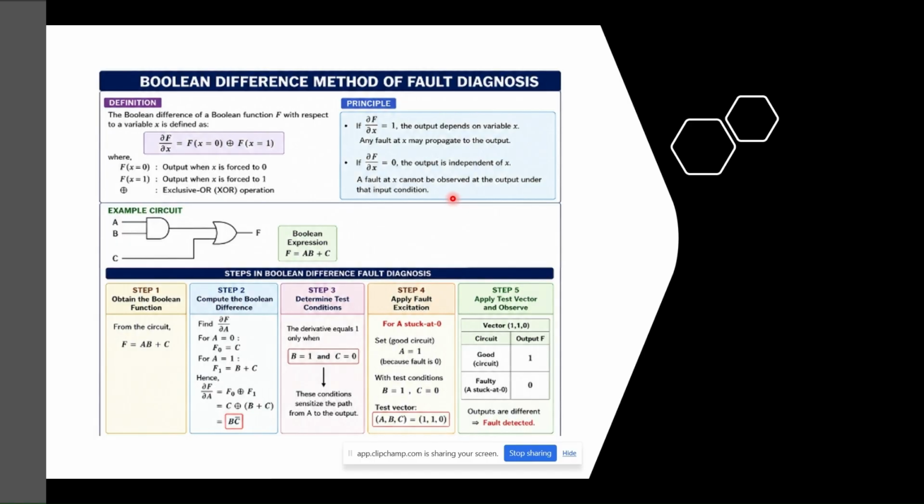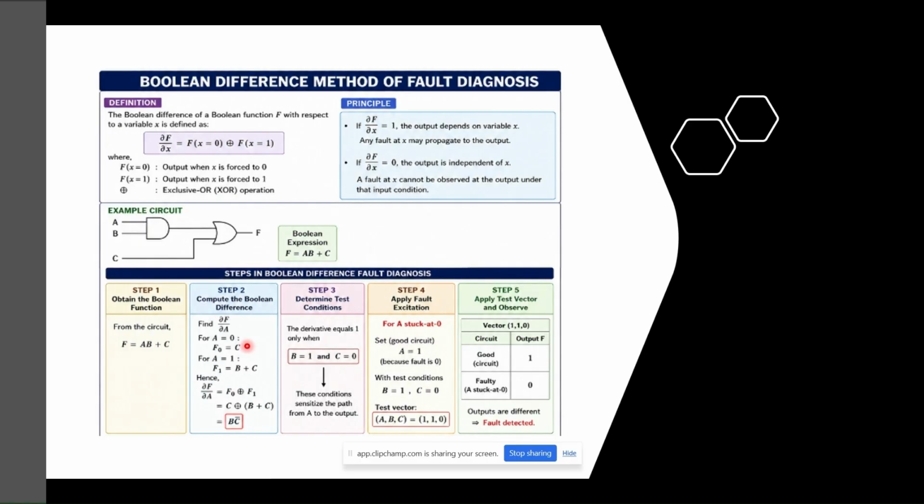So this can be made clear by using a very simple example where A, B and C are inputs, F is the output. For the given example circuit, step 1 is to find the Boolean function. So here we will get A dot B. Here this is an OR gate, so we will get A dot B plus C. It's a very simple function. So after identifying F, which is nothing but AB plus C for this case, the next step is to apply the Boolean